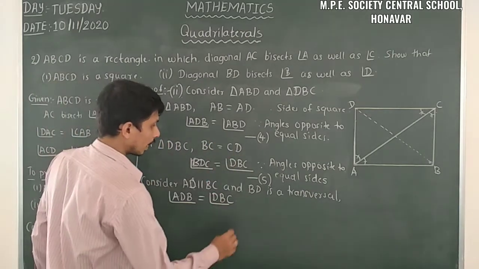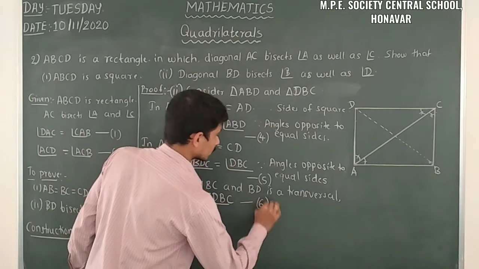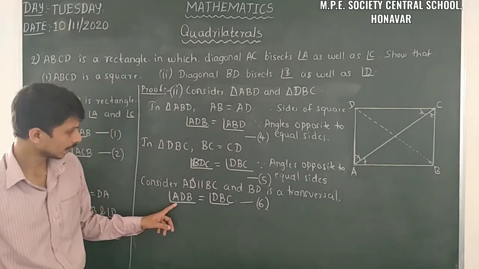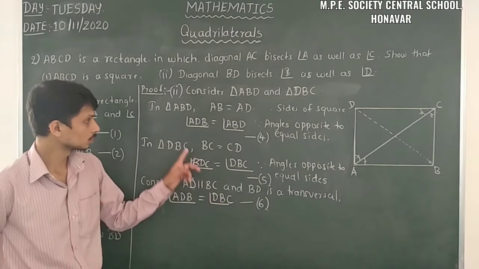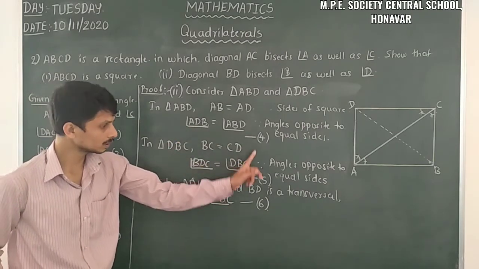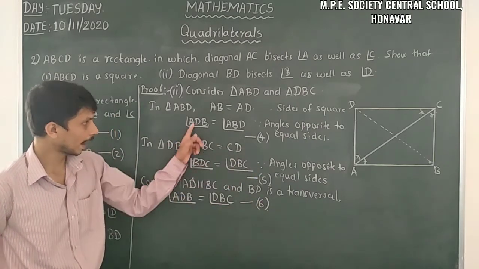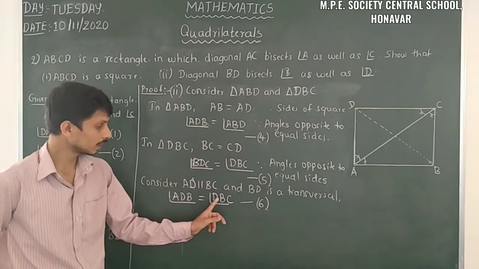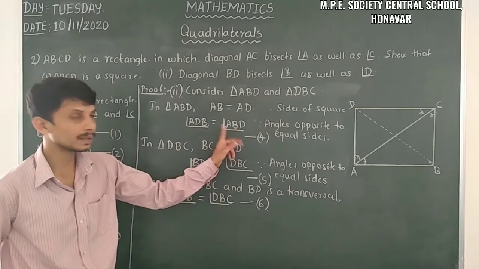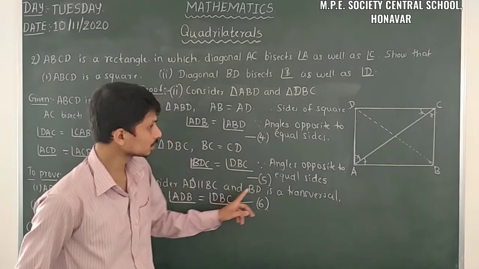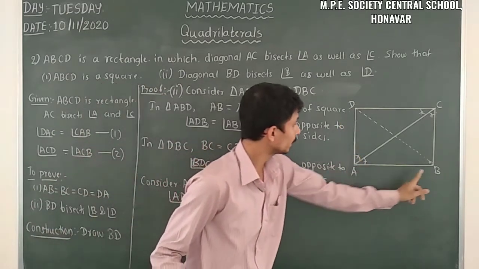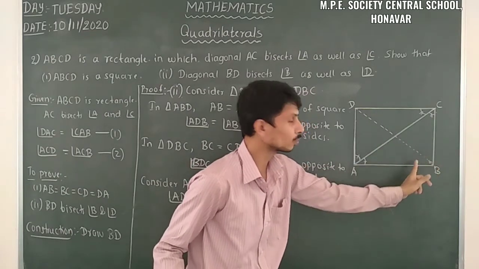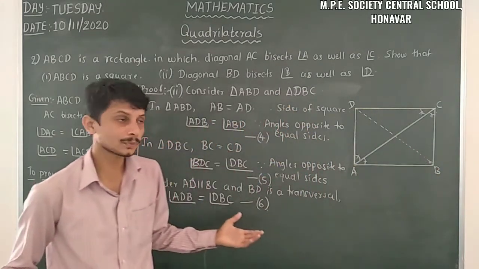Here, I will consider this as equation number 6. Just observe here angle ABD and angle DBC. Those two are equal. When we consider equation 4 and equation 6, angle ABD is common. So we can take angle DBC and angle ABD, both are equal. Angle ABD and angle DBC, those two are equal, we got from equations 4 and 6.